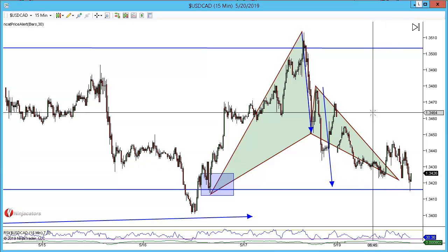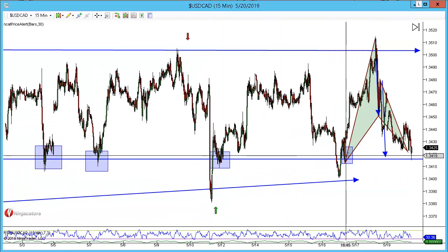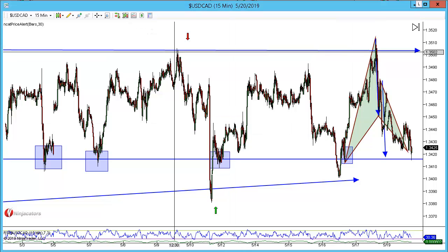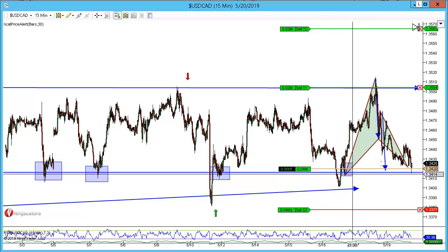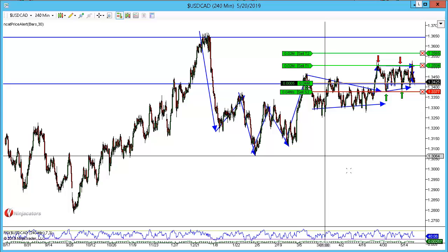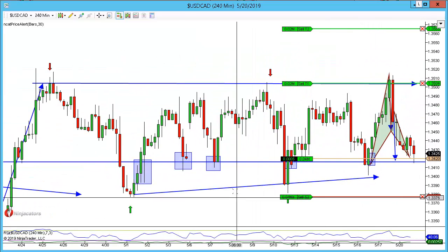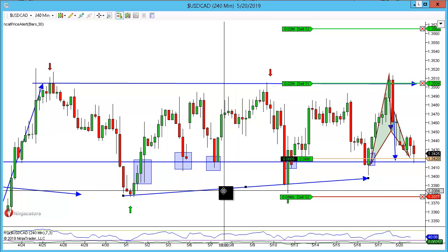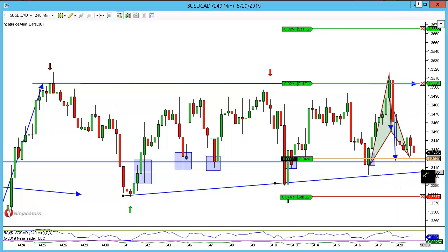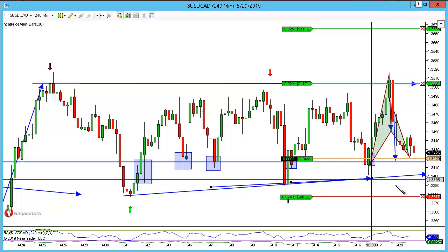So AB equals CD pattern, back pattern, 4 times this structure level has been tested. Now if I just bring back on the orders though, I have got my stop a lot further back than normal, and I'm going to explain why by going to the 240, which is where we see our pattern. So this structure level just here, if we pull this out, having our stop underneath this level is preferred